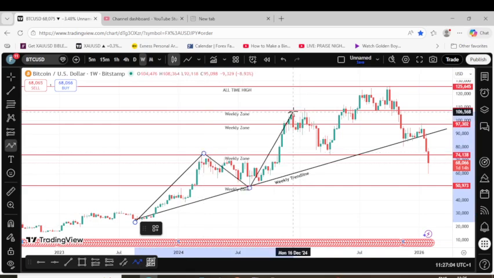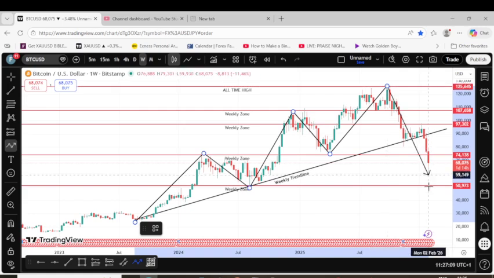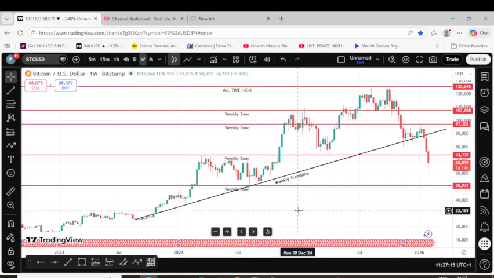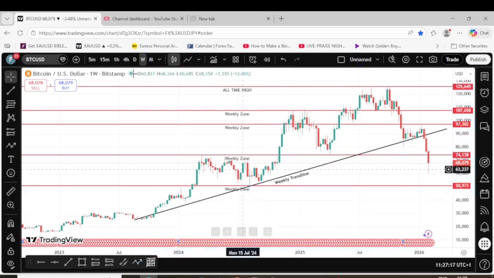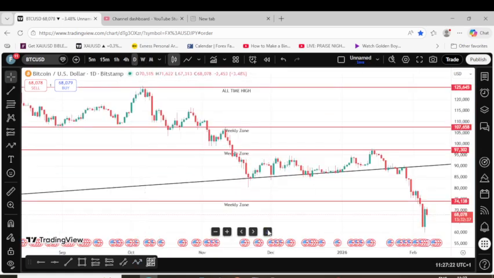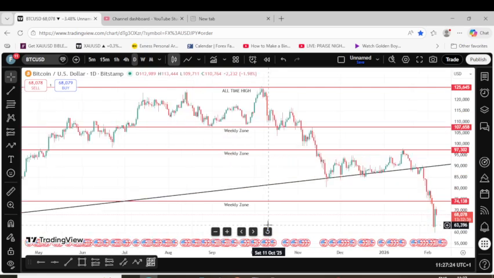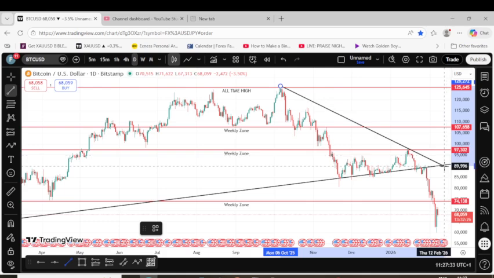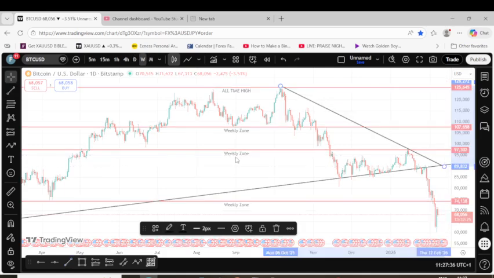What's more, we have an impulsive, correctional, impulsive, correctional, impulsive. This should count as a break of structure, but the time frame is too high for us to be able to tell anything about it, even though it is really a break of structure. So let's go down to a lower time frame. I believe I can draw a trend line from here down here like this. Let me switch to the weekly because